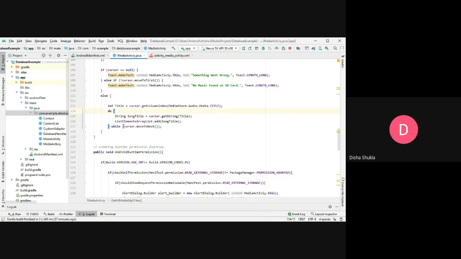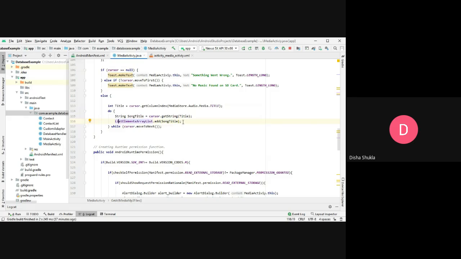Now I am iterating my cursor inside this particular do while loop, and I'm getting the list of the names of the titles of the songs from here. From here I am getting the index of that particular song inside this integer variable, and using that integer variable I am getting the name of the song inside this string variable called song title.